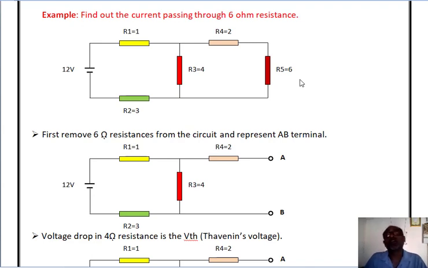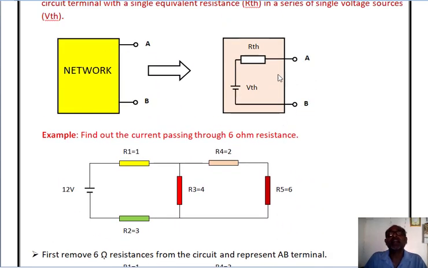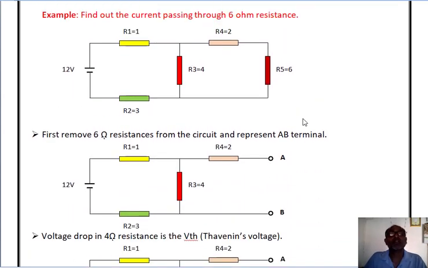So already I told you what our first step is. Whatever our network, it can be converted into Thevenin's equivalent circuit, and for this we have to find Thevenin's voltage at the open terminal and the equivalent Thevenin's resistance across terminals A and B. So what is the first step? The element through which the current is required is removed, or opened.